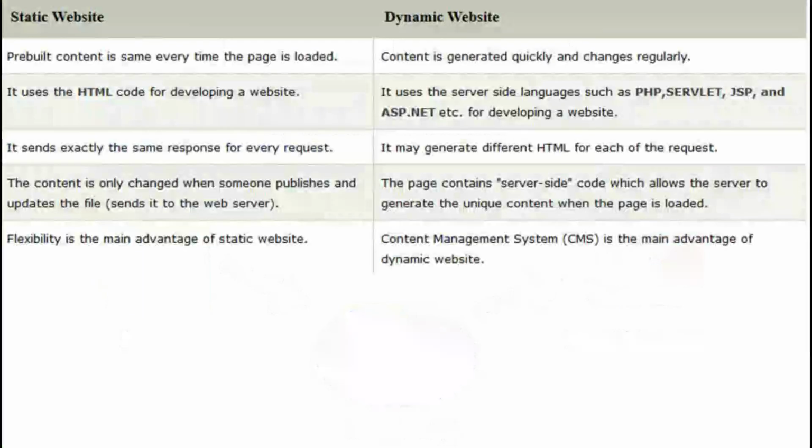Let's see what are the main differences between static and dynamic websites. Static websites have pre-built content that is the same every time the page is loaded, but in dynamic websites the contents are generated quickly and change regularly.